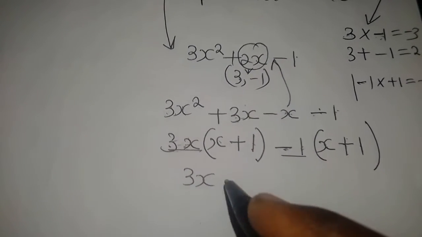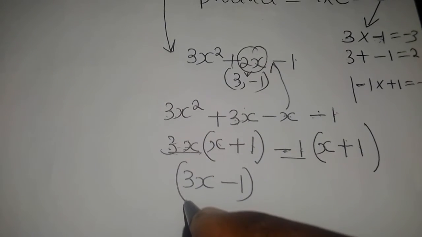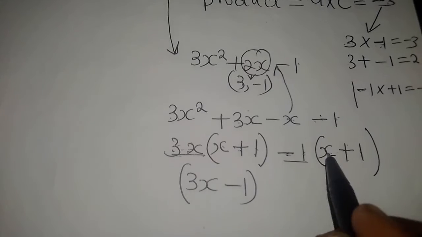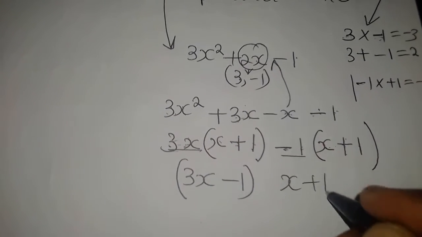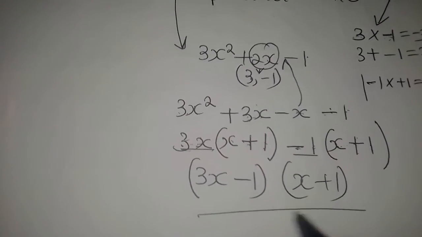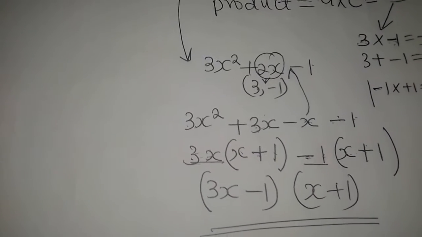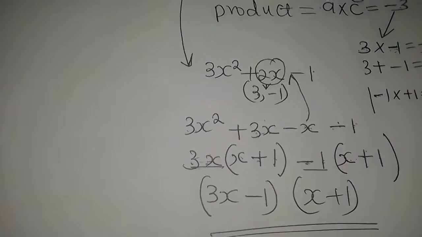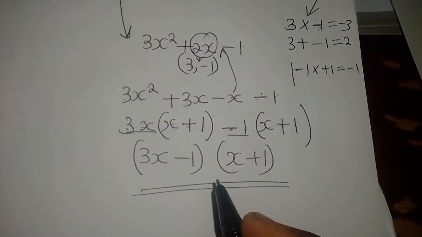So 3x minus 1, that is it. Then because these are actually similar, I'll only pick one. So I'm going to say x plus 1. I've solved the equation quadratically. After that, I'm supposed to get two values of x, in as far as the turning points of that curve are concerned. So I'll come here and say